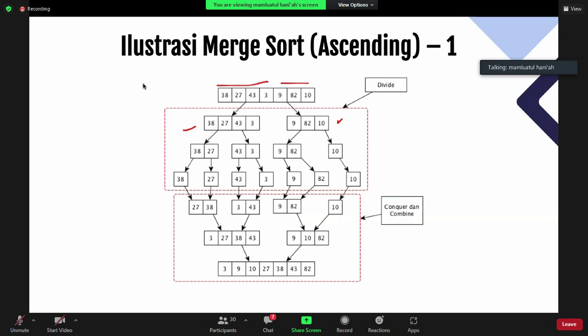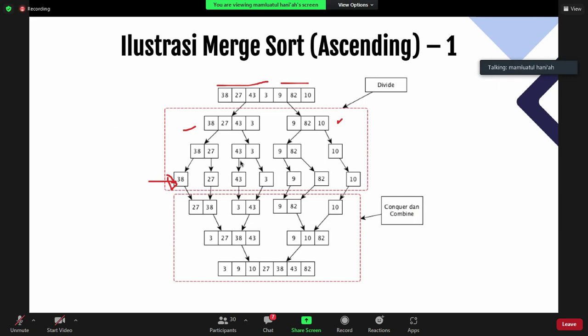And you need to divide it again into 4 parts. Here, you have 2 elements, and you just divide it again until you have just 1 element. You just have an atomic value, ya. Atomic value itu nilainya hanya 1.